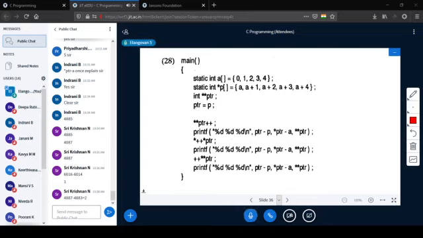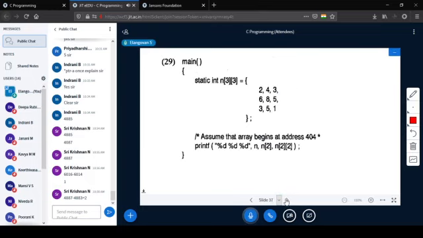Even 28, I am skipping it. So 27 and 28, I'll deal with later, tomorrow. A small confusion is there for me.